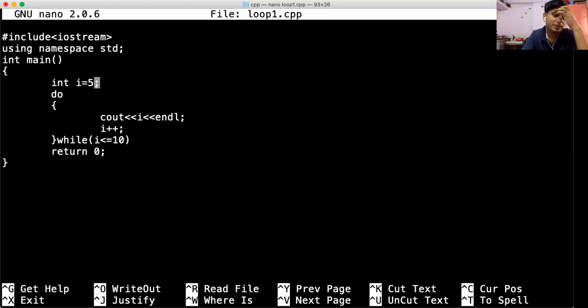Okay, so now tell me the output. I is equal to 5, and do while. In a do while, I'm doing cout I plus plus, and then again while. So it is 5, 6, 7, 8, 9, 10. Very first, 5 gets printed, then I is incremented to 6, and the condition is